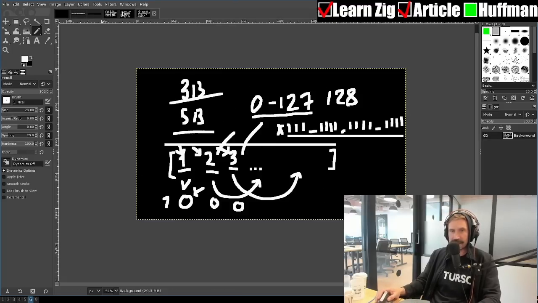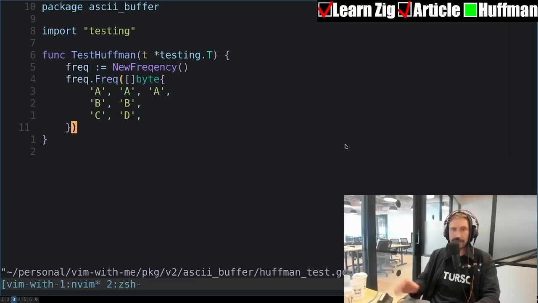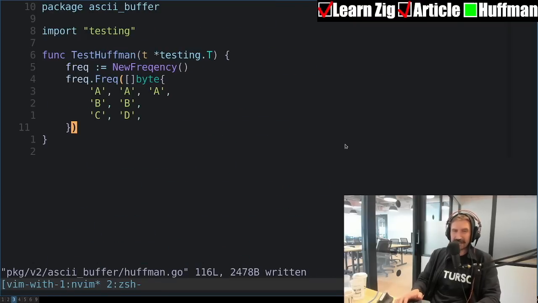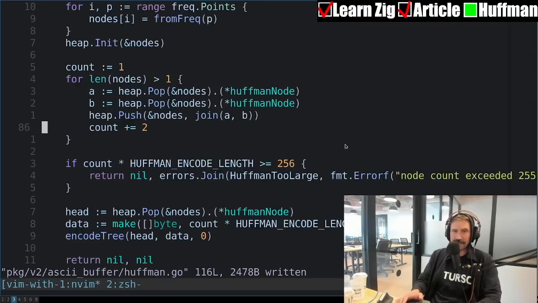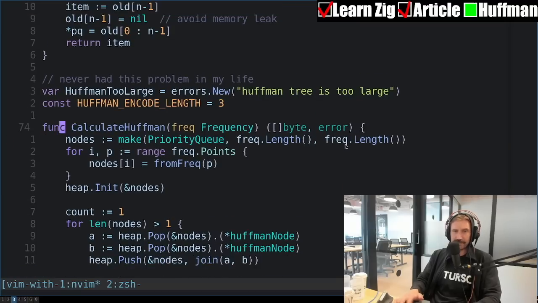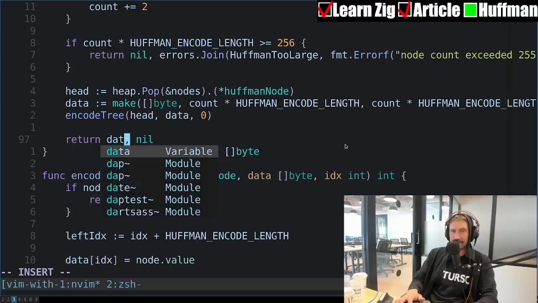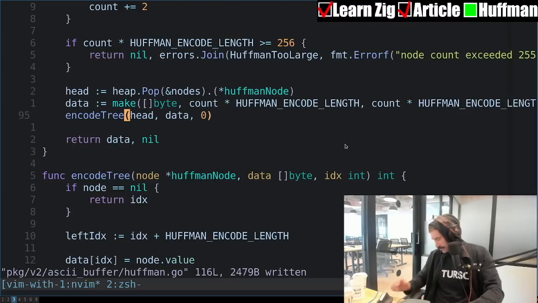That should make things easy because we should have a pretty good idea of what we have to do. And for me to prove that I got this thing correct, I'm going to debug print it. I think that would probably be the way to go, or I can return the data.